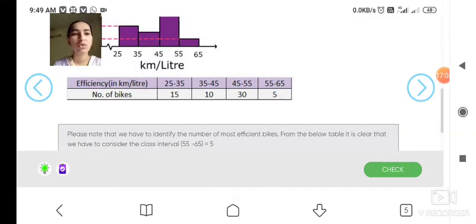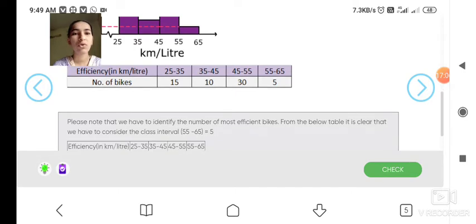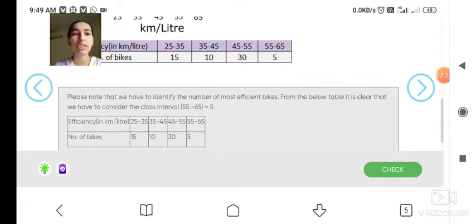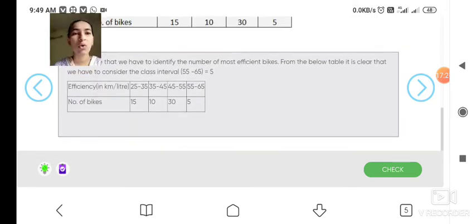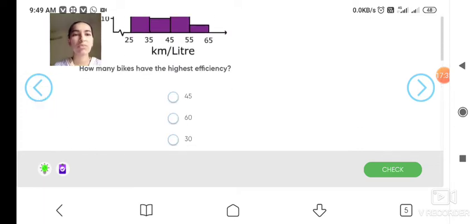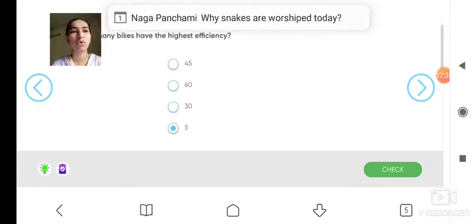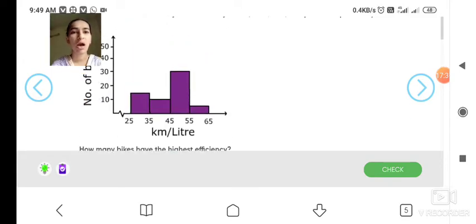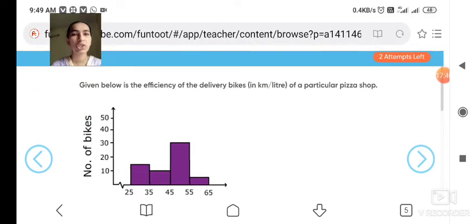Okay students, so which among them has it? Now note that we have to identify the number of most efficient bikes. Okay, now from the table it is clear that we have to consider the class interval 55 to 65, because the number of bikes is 5. Okay, so the efficiency will be according to that. Yes, so 5. The answer from that will be 5. Okay students, understand how to read and how to solve the questions based on